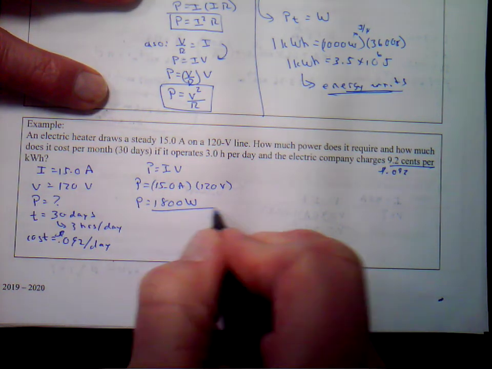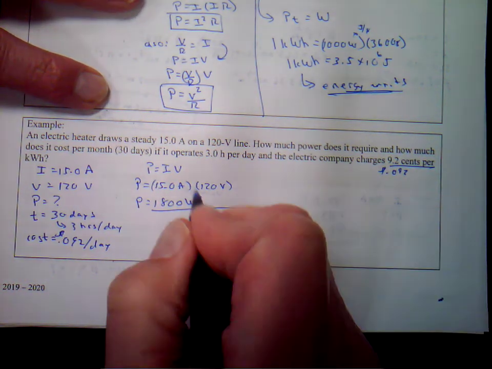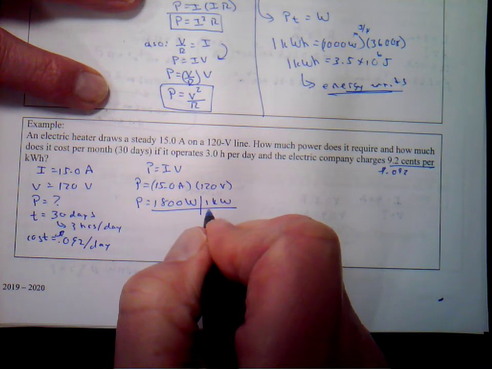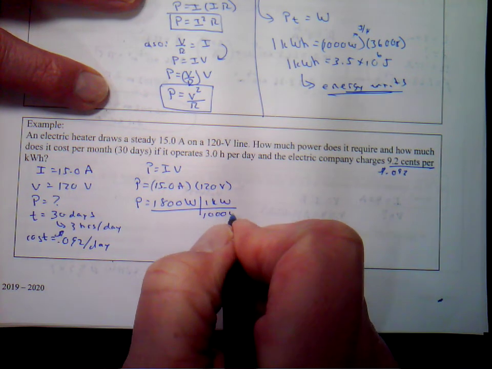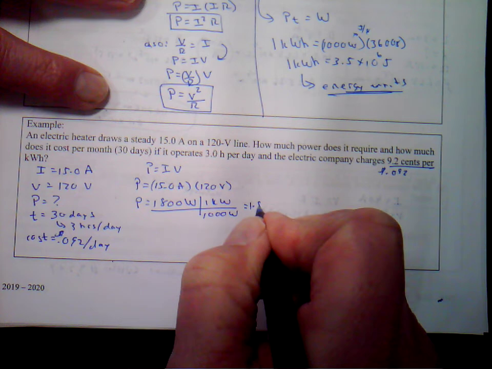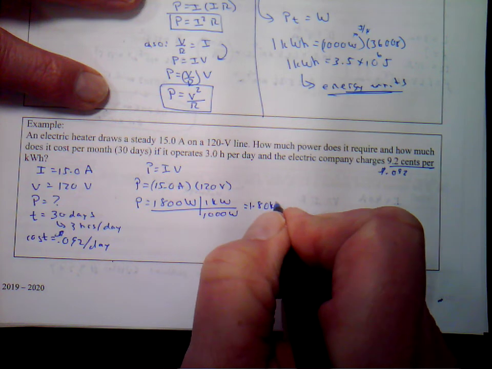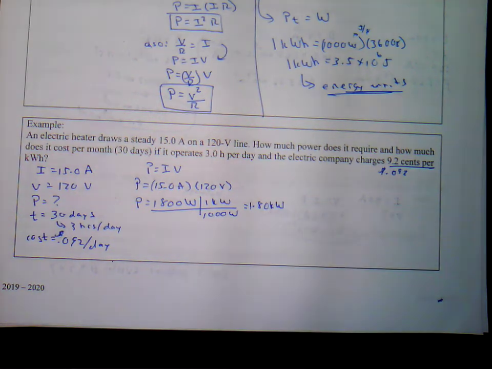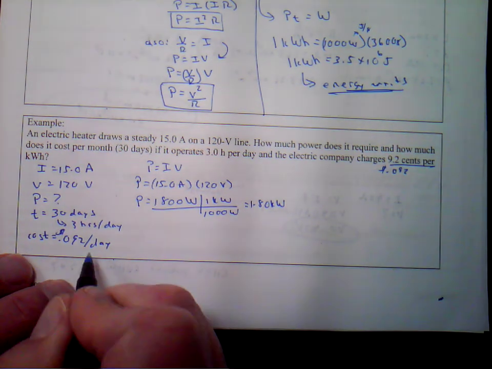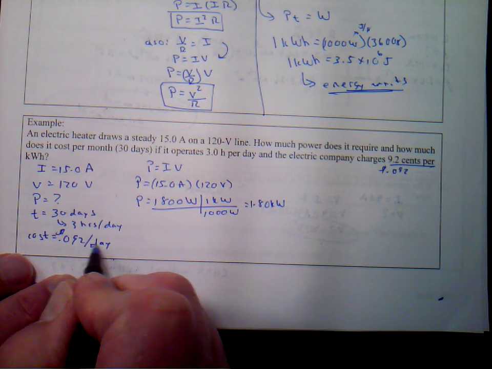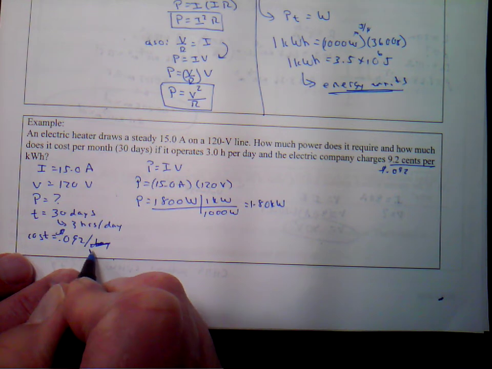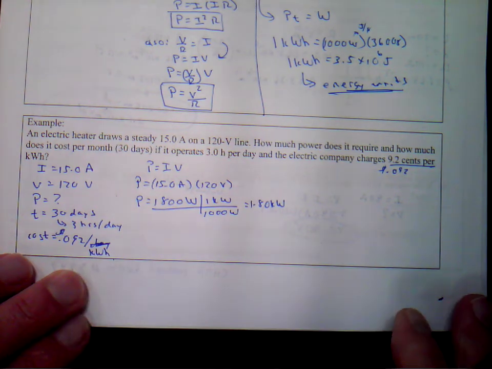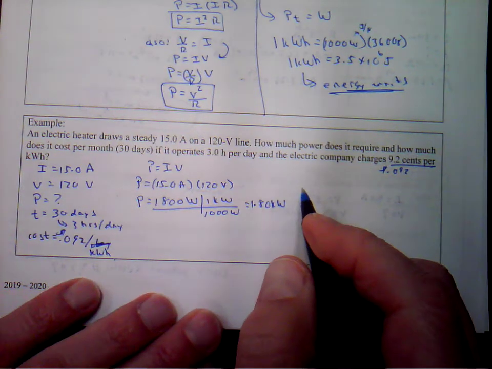Now, we can convert this to kilowatts. 1 kilowatt per 1,000 watts. That's going to give us 1.80 kilowatts. I'm sorry, this is 0.092 cents per kilowatt hour. Sorry for that. So now, we're going to take